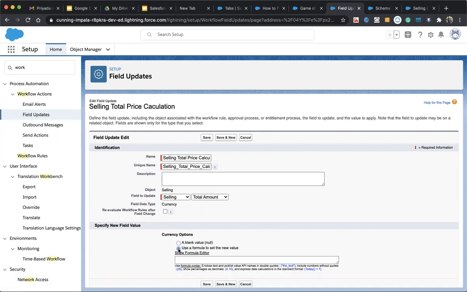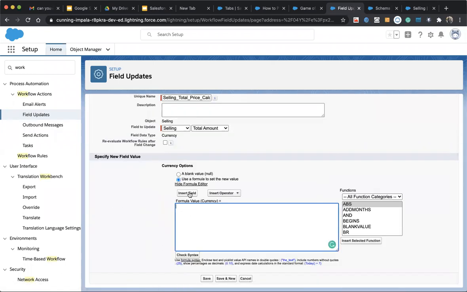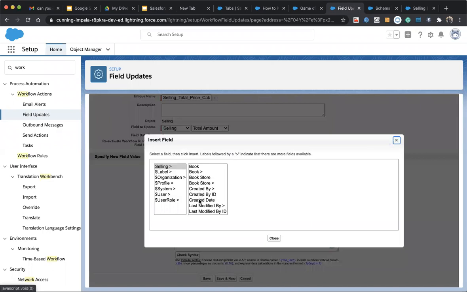We will use the formula editor, just similar to how we do it in the formula field or in the validation rule. In both UIs we have seen how we choose the fields.